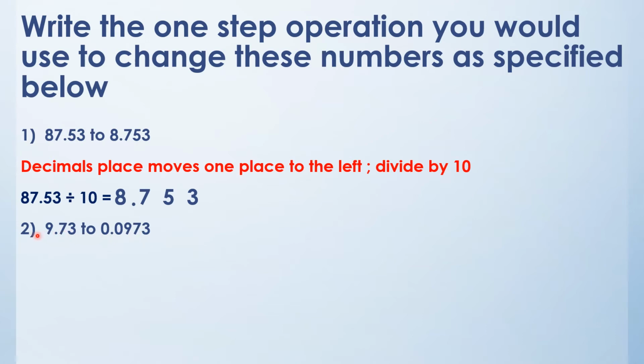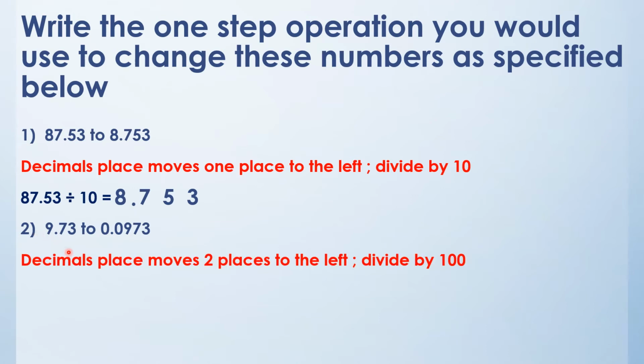It means two places towards left. So the decimal place moves two places to the left when we divide by 100. So let us divide 9.73 by 100, and it is very easy. We will write 973, and because the decimal is there and it will be moved by two places because of this 100, we will put one zero here and we will put the decimal here and then one zero. So our final answer is 0.0973.